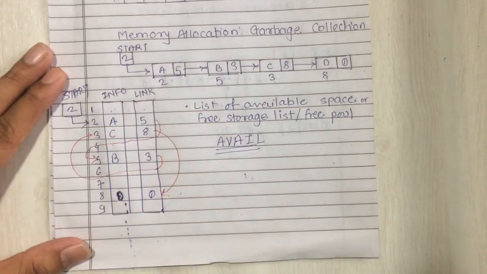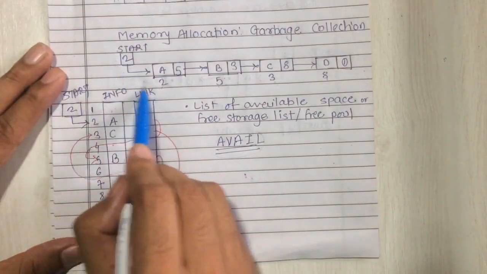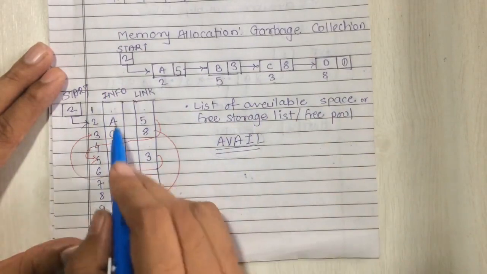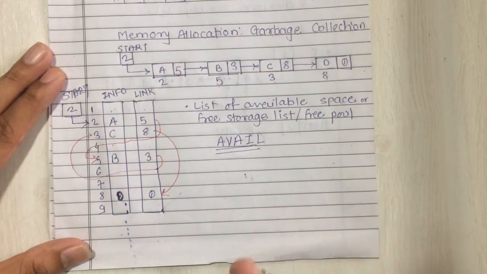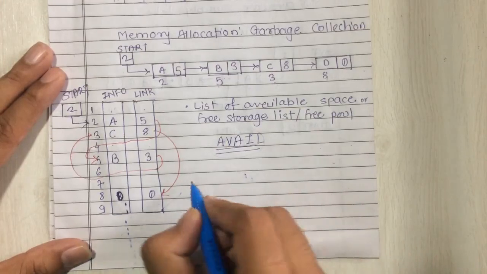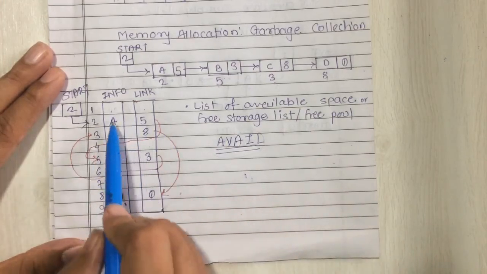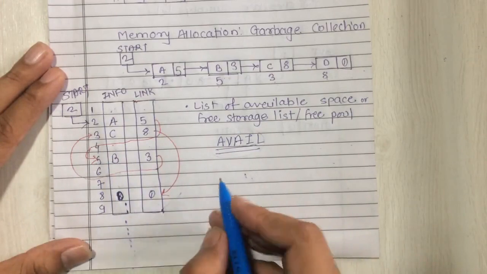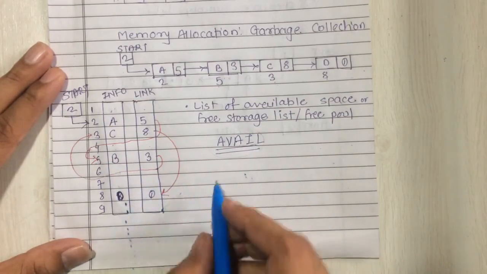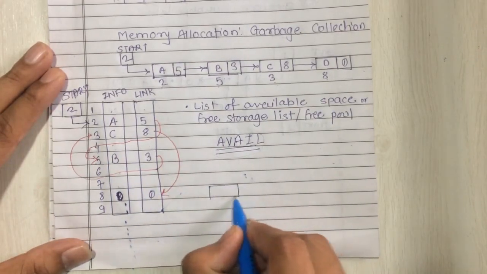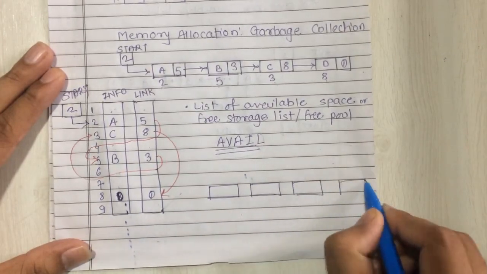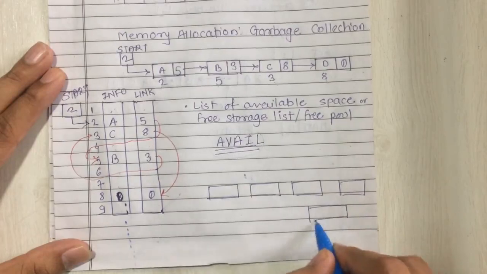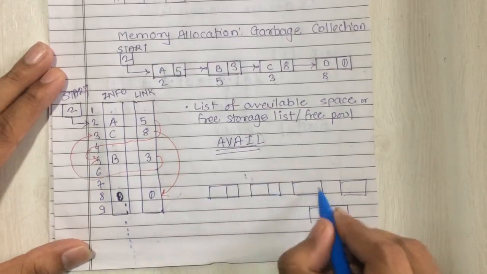So as we know, this is our normal linked list, right? Now I will draw this other linked list, which for the sake of convenience I will call the avail list. How many free spaces are there? 1, 2, 3, 4, 5. Total 5 elements are there. So I will draw these 5 free nodes, second, third.